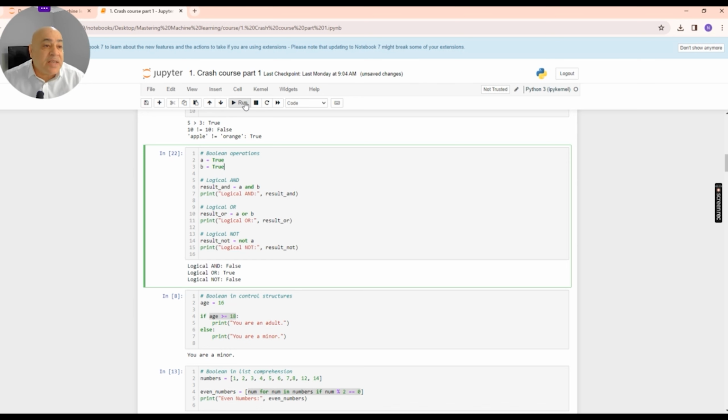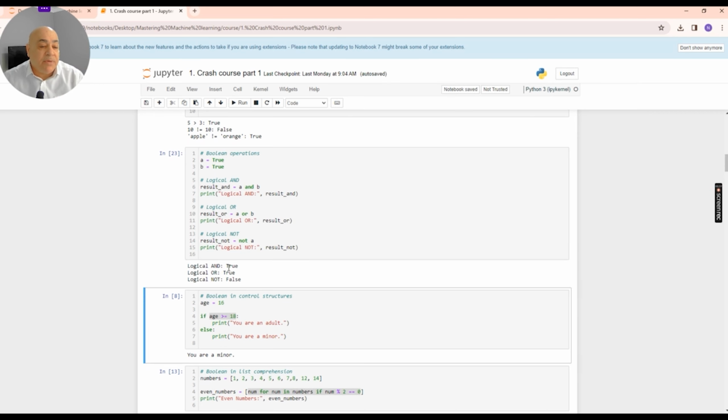and if I run this, I should have the AND and the OR, both of them true. So I have AND true because it requires both to be true, and OR will be true because it requires both of them, or at least one of them, to be true to return a true. Therefore, this is how these logical